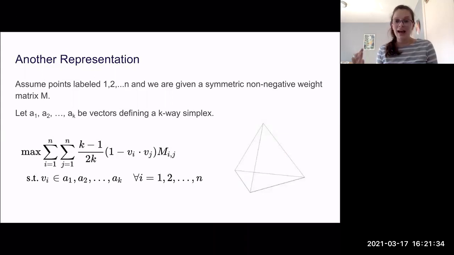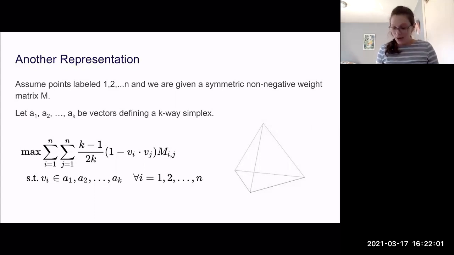So I've defined how I'm going to think about clustering. I'm going to try to maximize these weights of points put into different clusters. And now I have to think about actually solving that problem. And I'm first going to attempt to solve it in a way that I'm not actually able to solve. So I'm going to do that by saying, okay, I want to represent points as being in the same cluster or in different clusters. And how I'm going to do that is I'm going to use a vector representation.